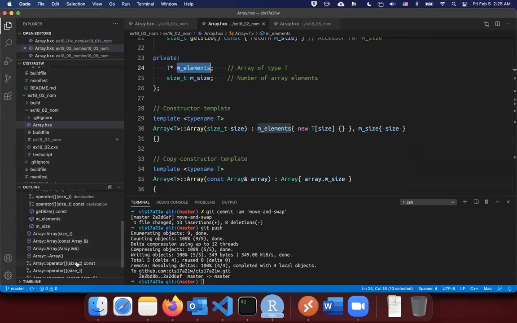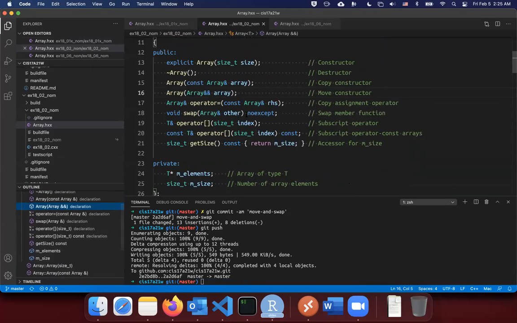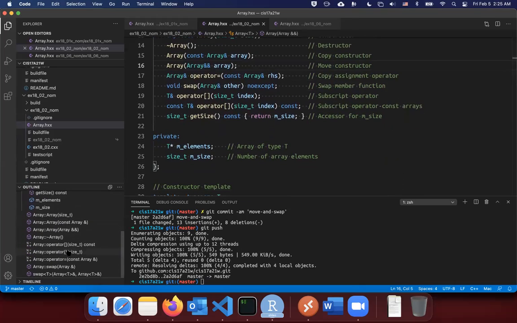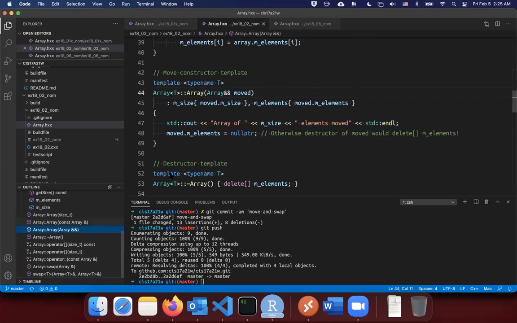So let's take a look at, for example, the move constructor. So you see the move constructor is actually a shallow copy. You would copy the size member and copy the member's pointer. That's really a move. The move semantic, typically you're doing a shallow copy. It's still a copy, it's just a shallow copy. And then once you've done that, a very important thing is that you need to set the old pointer to null